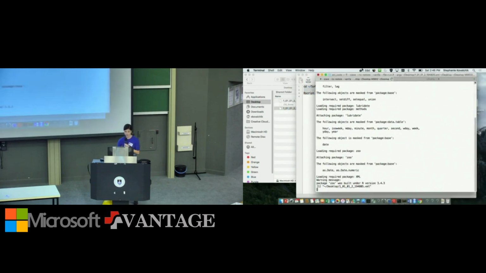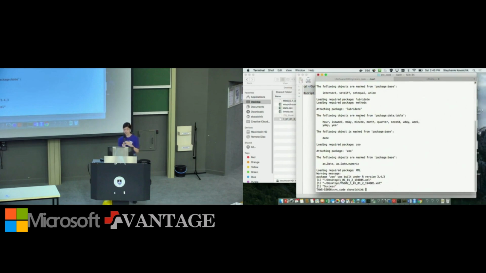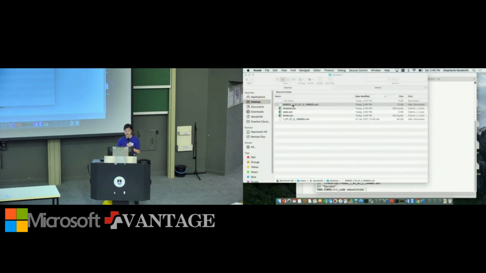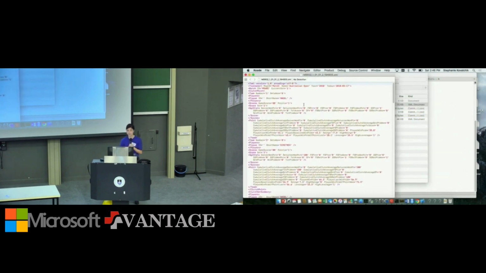You'll see the Rscript will show the processing of that file, and we provide some output for ourselves to monitor success and failures, so effectively a status update for an individual file. Now, if we look back into the desktop where my source file was located, you'll see a number of files have been created. In this instance, I've directed all of the output to just go to the desktop so that we can all view it. So this XML file is actually an example of the output that we provide. This is the resulting processed file.